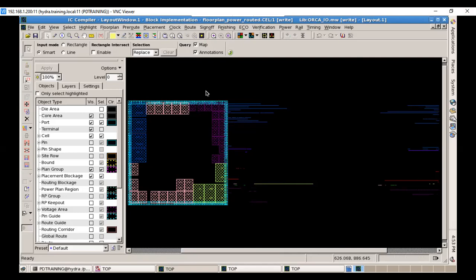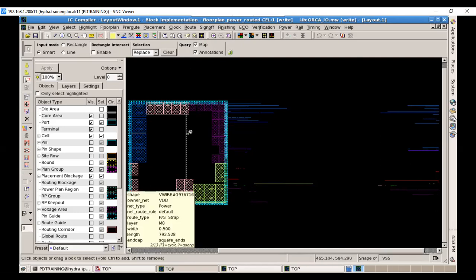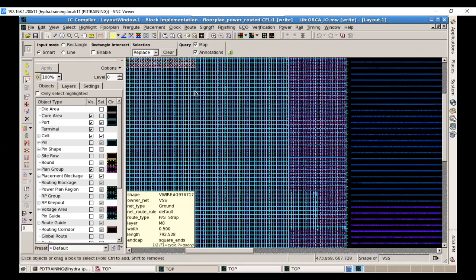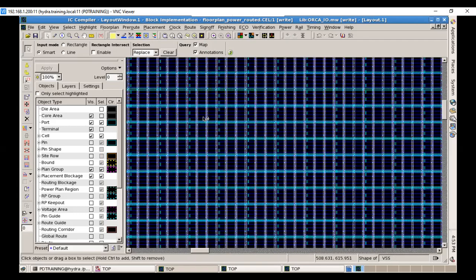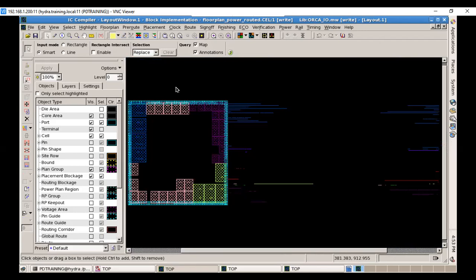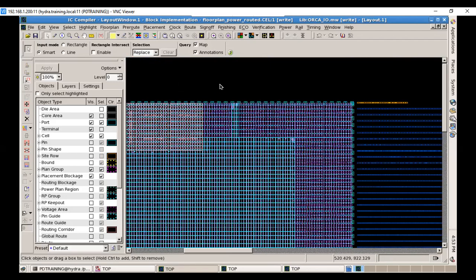Okay, then after that we'll do the power grid or power planning. So what is the power planning? Power planning is nothing but giving this complete,